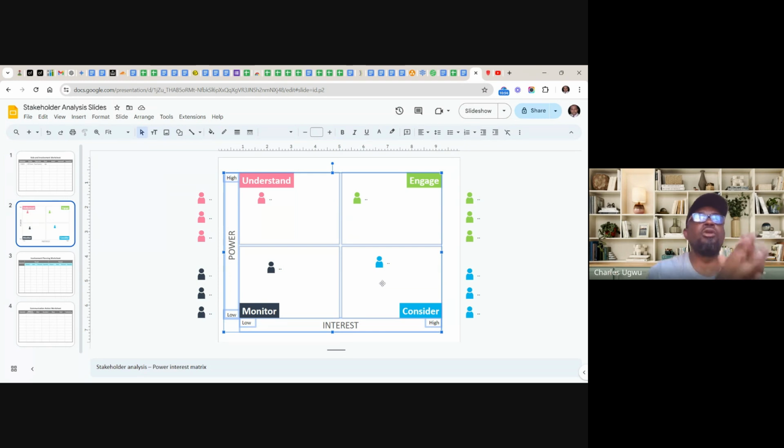Okay, let's go to housing, environment, or construction. We have this kind of people, maybe are building a block of flats. Here, how they do it is, even before they start building a residential building, people have paid their money, they've collected money from people. Potential residents, they pay, some of them pay mortgage. So these people are waiting anxiously for this house to be developed. They will be asking questions.